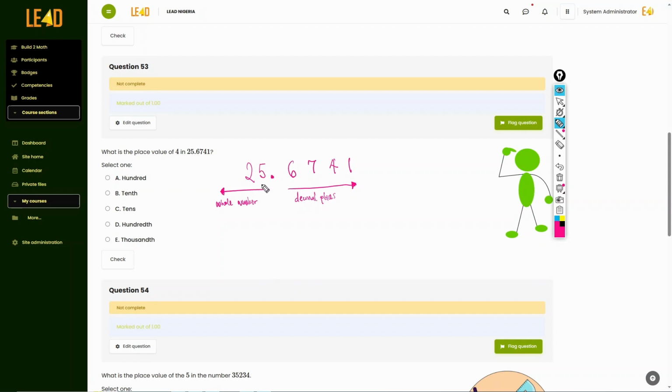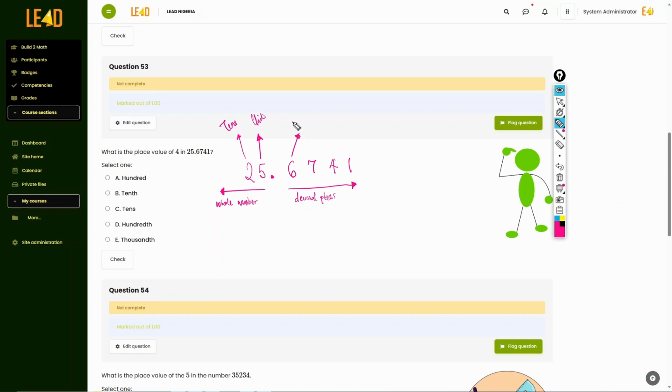So for the whole numbers, we read out units, tens, hundreds, thousands, tens of thousands, millions, and so on. So we read that to the left. Now to the right, we read out,